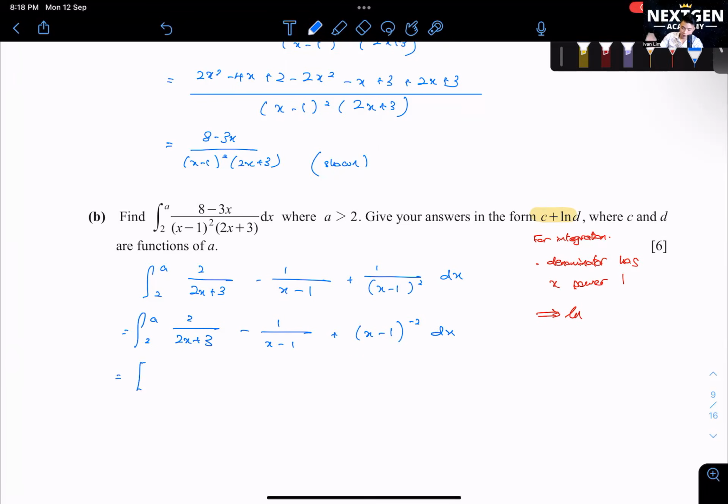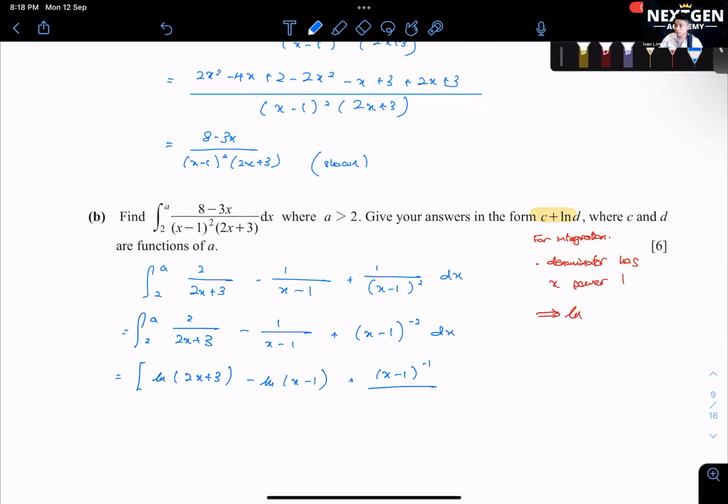This will be ln 2x plus 3 minus ln x minus 1 plus x minus 1 to the power of negative 1 over,